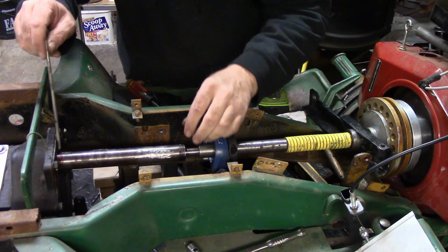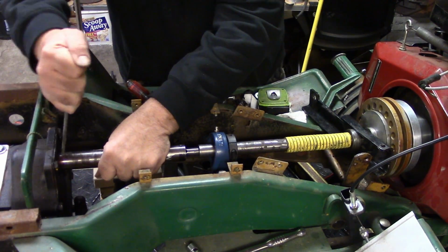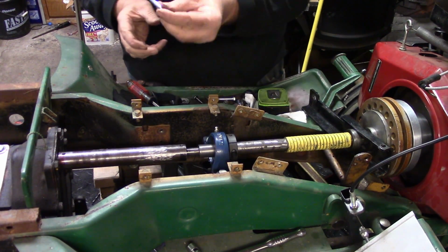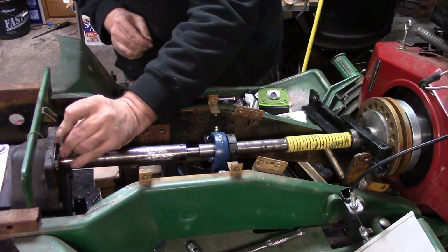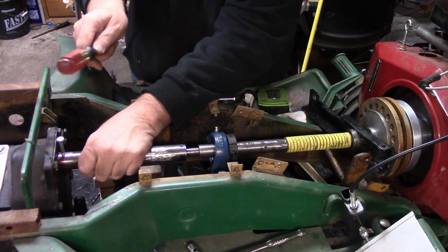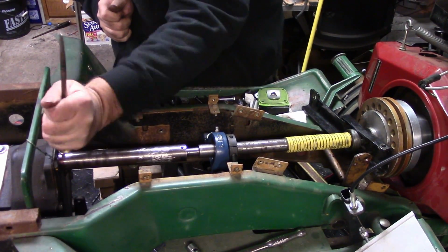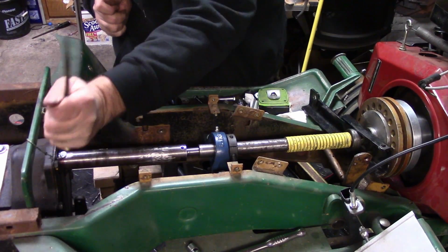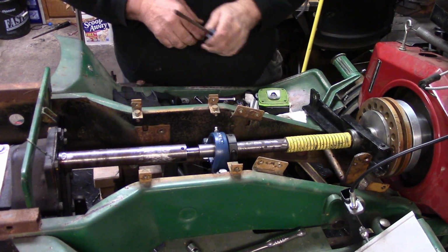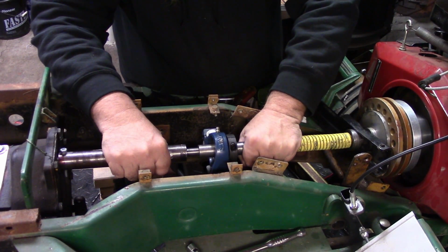I'm gonna get these holes lined up. All right. Nice and snug, just like we wanted, y'all. All right. There's no play in there, but